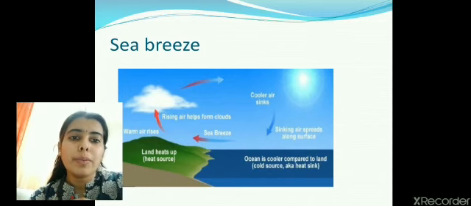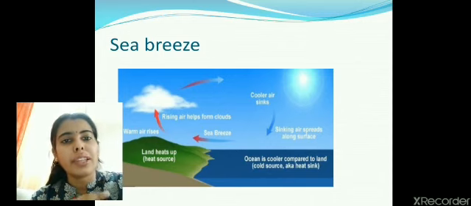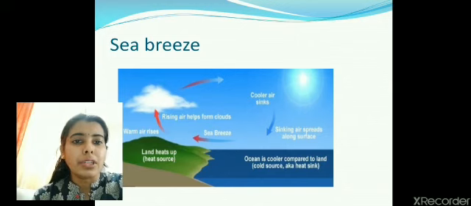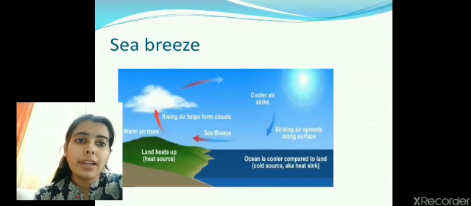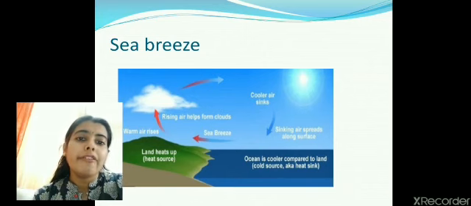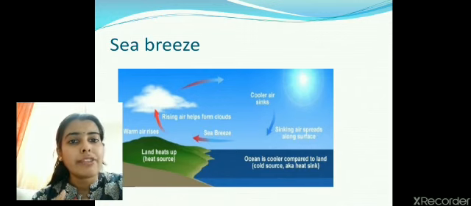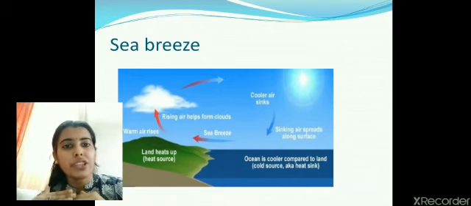Sea breeze always blows during the daytime when the sun is shining bright, sun is giving its heat. Due to this heat, the land gets heated. See, land gets heated faster as compared to the sea water. Now when the land gets heated, it in turn heats up the air. This warm air, which will be lighter now, will start moving up. When the warm air moves up, the colder air which is above the water surface will start moving and taking the place of the air which was at the land, because it is creating a low pressure area.